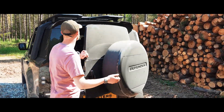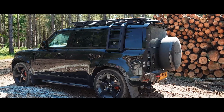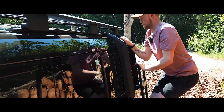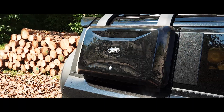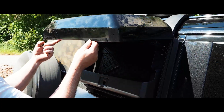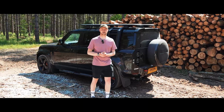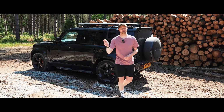We've also added the Expedition roof rack as well as the black side ladder and the gear carrier. It finishes off the vehicle really, really nice, and again just adds purpose to the vehicle. It's not just a show car, it's actually going to get used for its intended purpose as a Defender. So we're going to give this car back to the customer. I think first we'll give it a little clean before we give it back,